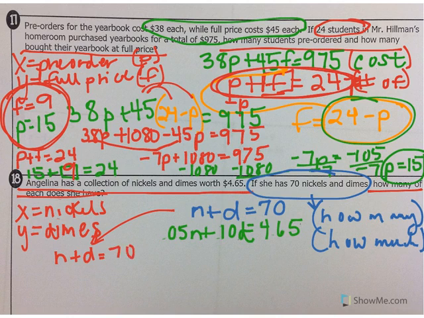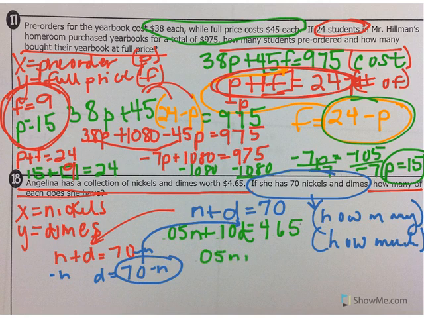Okay, so I'm going to subtract the N. So now I have D equals 70 minus N. And I can plug this in to the other equation for the D. Okay? So I'm going to rewrite the bottom equation, 0.05n plus 0.10, and instead of writing a D, I'm going to put what D is over here, and I'm going to plug this in. Oops. So minus n equals